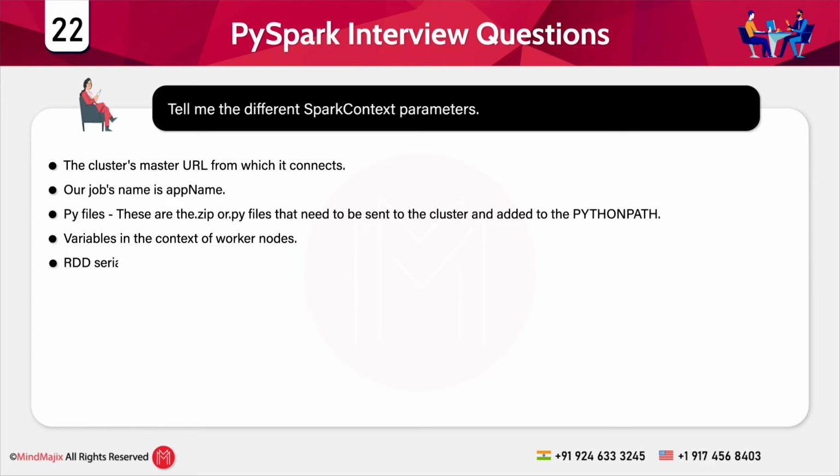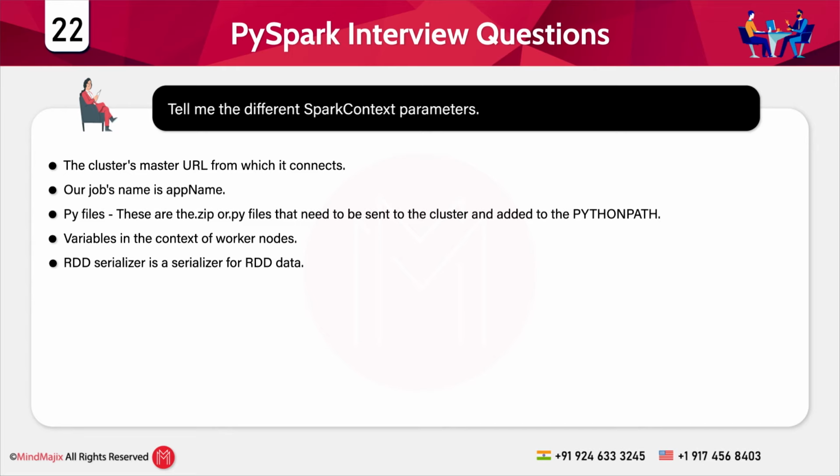You also have RDD serializer, which is nothing but a serializer for RDD data. Then you have the conf, which is an object of the SparkConf that allows you to set all of the Spark properties. And last but not the least, you have the JSC, which is a